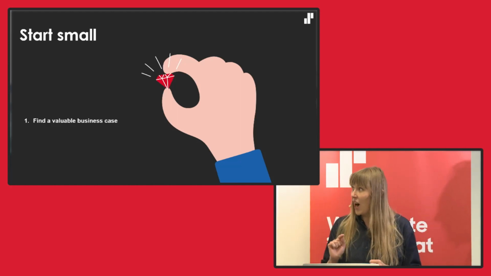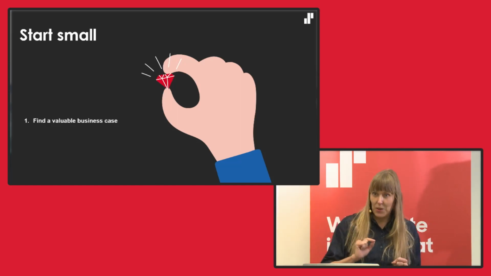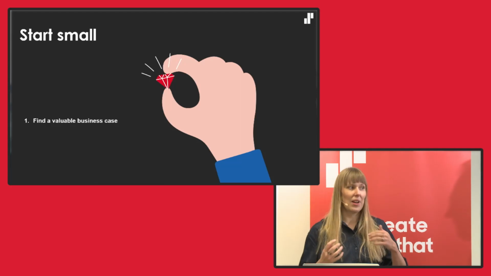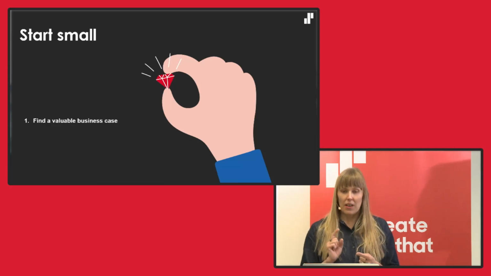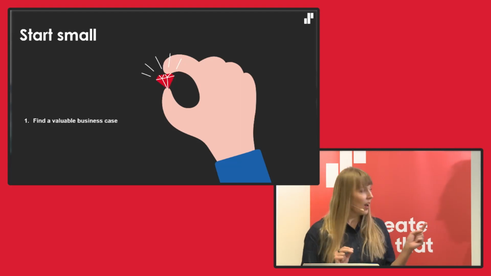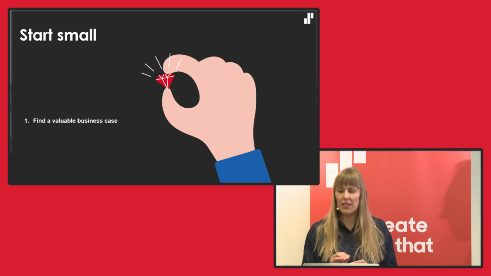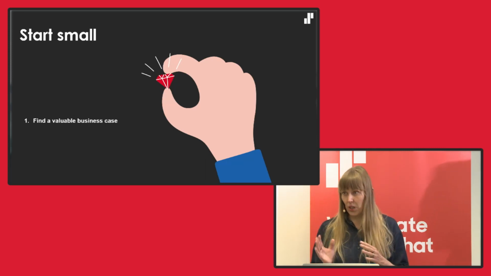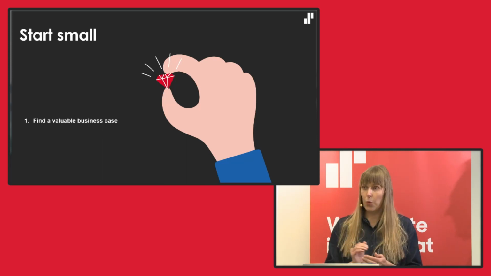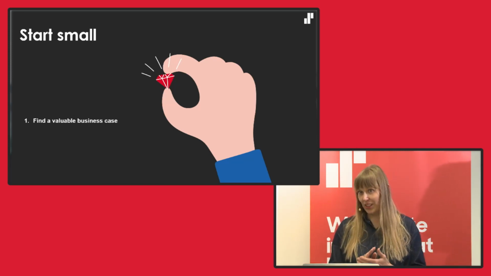So in our approach, start small means that you have to find a diamond, you have to find actually a business case. So even if I'm talking about human understanding and everything, there's always the core thing that what you need to find is, in a way, money. You have to find a business problem. Antti already talked about this, a business case, something that is a highly potential data use case, something that will definitely have an impact on the business bottom line at the end. Just find it. And don't try to foresee everything like the previous slide was saying, but start with one business case, and be quite sure that this is a valuable one.